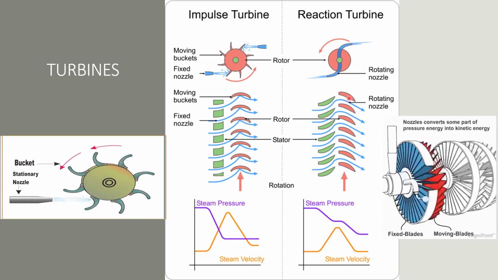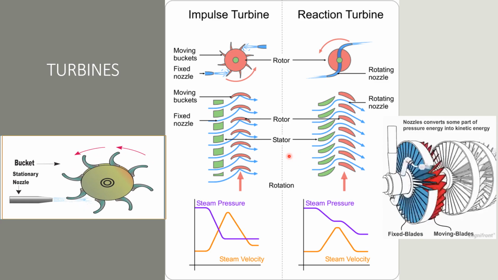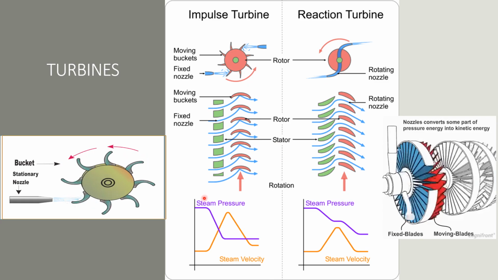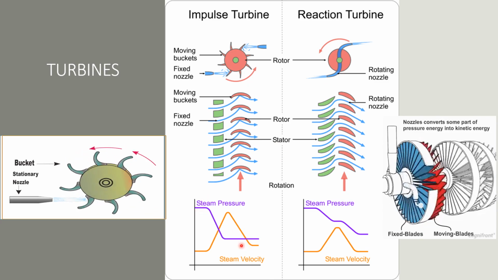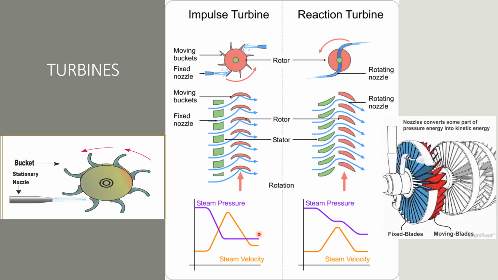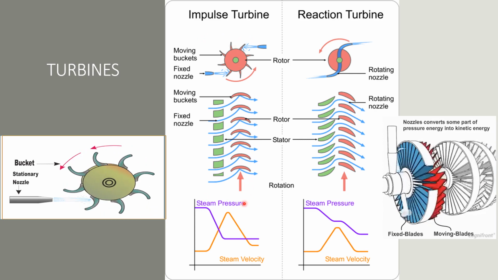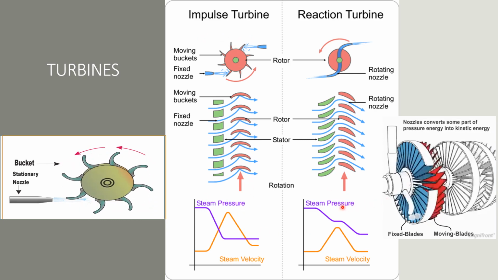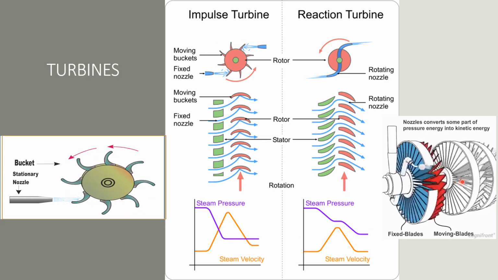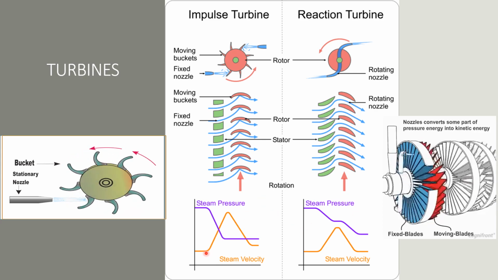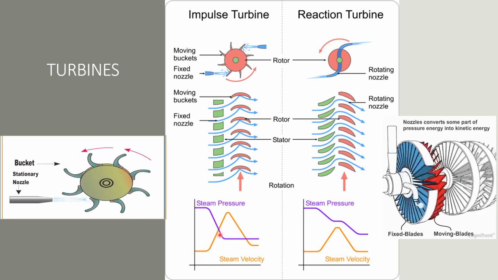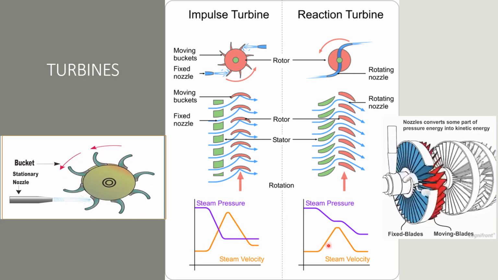You can see it will rotate. From this diagram you can understand. They are connected to the generators, where the motion is converted to electricity. From the pressure versus velocity diagram, we can see that the pressure remains constant in the case of the impulse turbine after hitting the rotors, and in the reaction turbine it gradually decreases as the water moves through the moving blades and the stators. And in both the impulse and reaction turbines, the velocity decreases gradually.